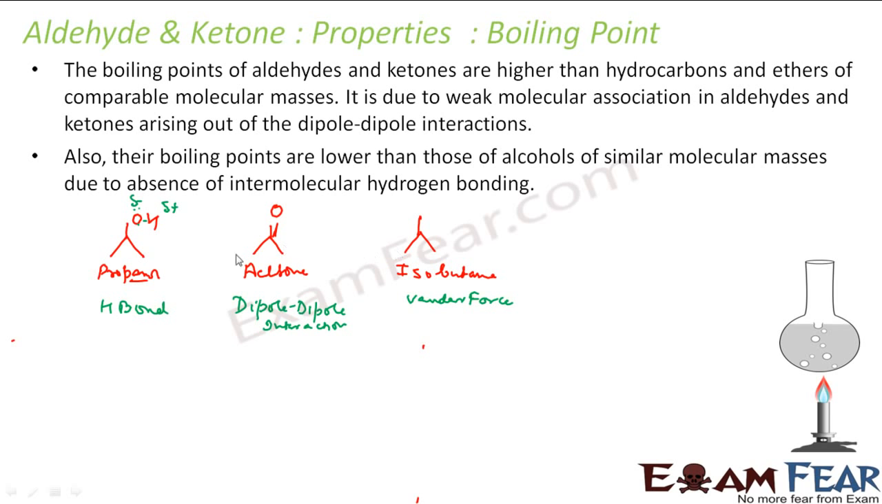Correct. So if you compare these three, this one has a very high boiling point. This one has a boiling point of 82 degrees Celsius actually. High boiling point. If you see acetone, it has a boiling point of almost 56 degrees Celsius. And if you see isobutane, the boiling point is minus 12 degrees Celsius. Or even if you take an ether of a similar kind. So what I'm trying to say is,